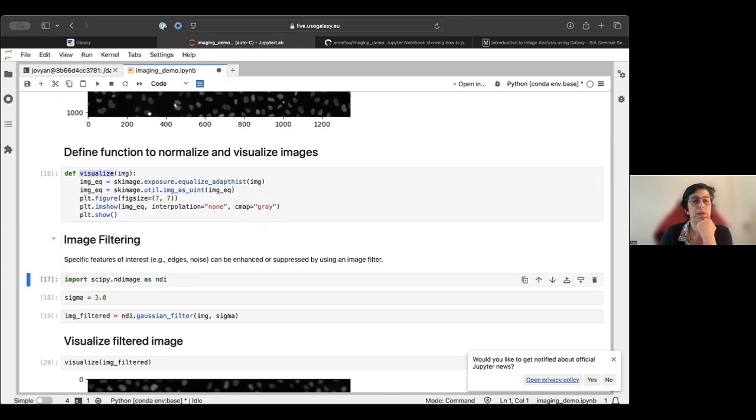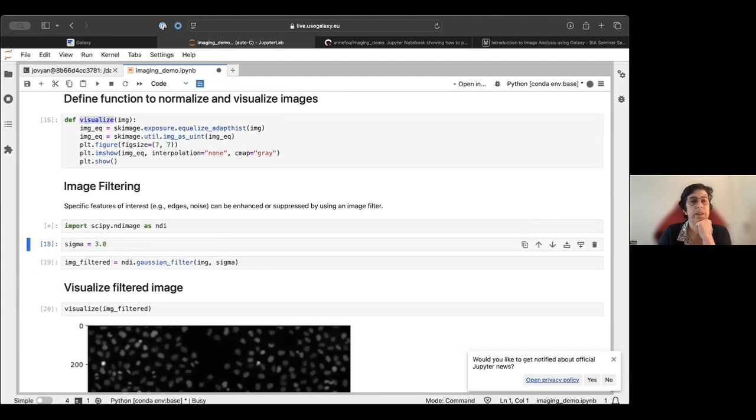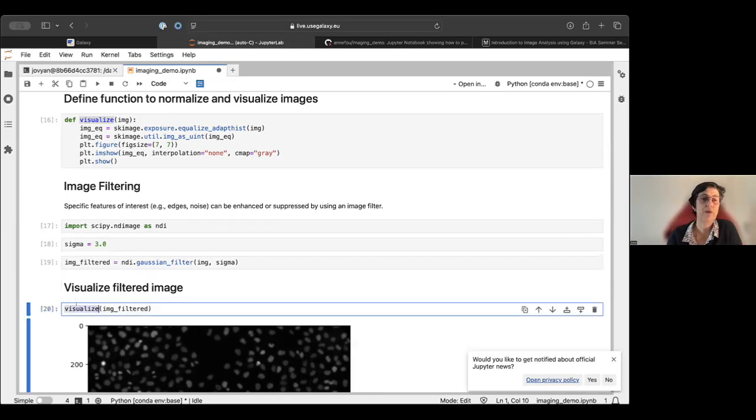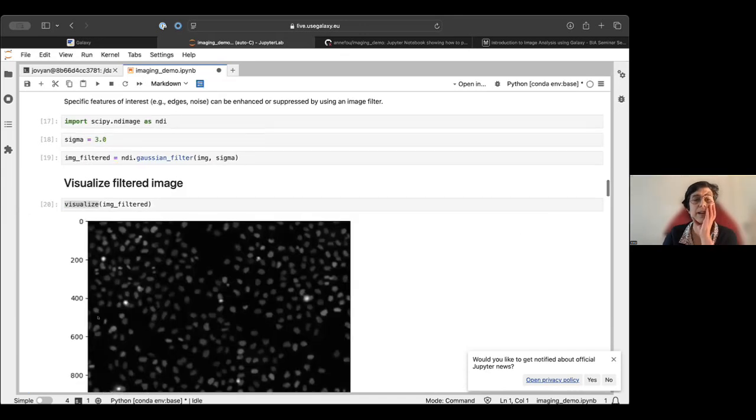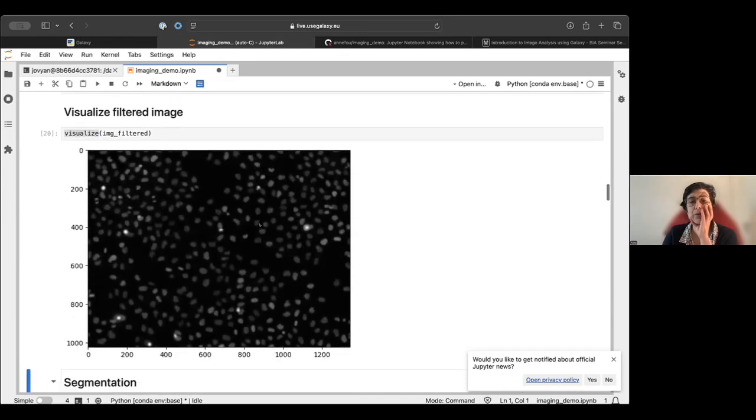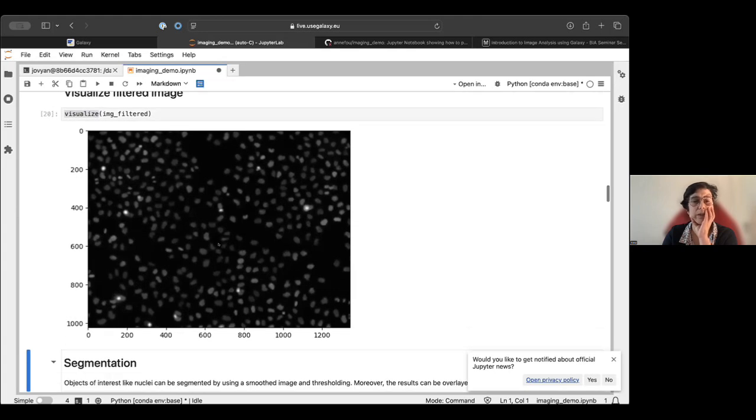I can also do some filtering, and here I can use any Python filtering function I want. So here it's a very simple one from SciPy. The same as you used, Leonid, and I can use the same filter with the same sigma value, but I could also experiment with different values. I will get a new image. And as before, if I want to visualize, this time I don't want to type everything manually. I can already start to think about future tools. So I will use the visualize function I defined. And it enables me to visualize the image quickly and see the contrast.